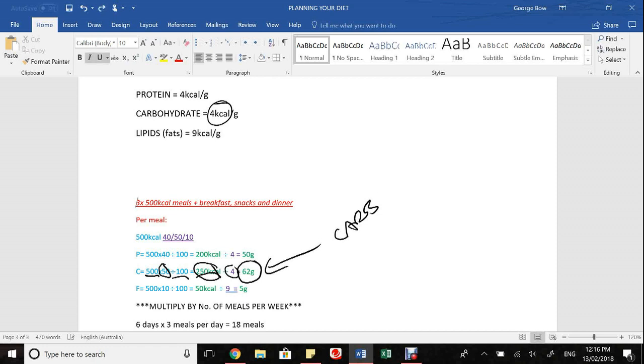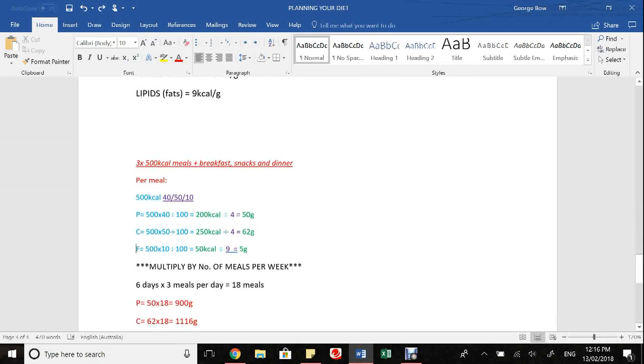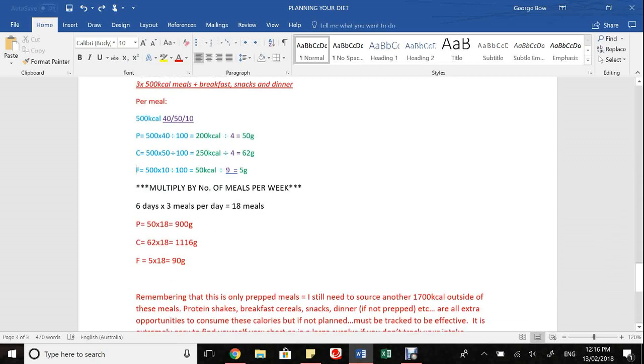I then divide that by my calories per gram for that macronutrient, so 4. So 250 divided by 4 is 62 grams of that meal is going to be carbs. And you do the same thing for fat. So we take it again, 500 times 10 divided by 100 equals 50 calories. So then we divide that by 9, and that will equal 5 grams of fat per meal. Like I said, I like to keep my prepped meal fats very low because I can find those other fats